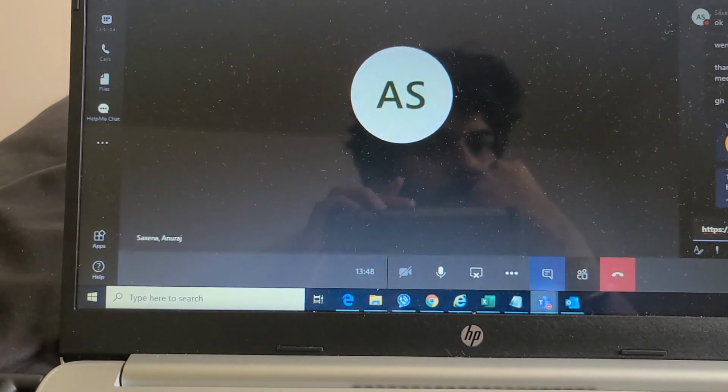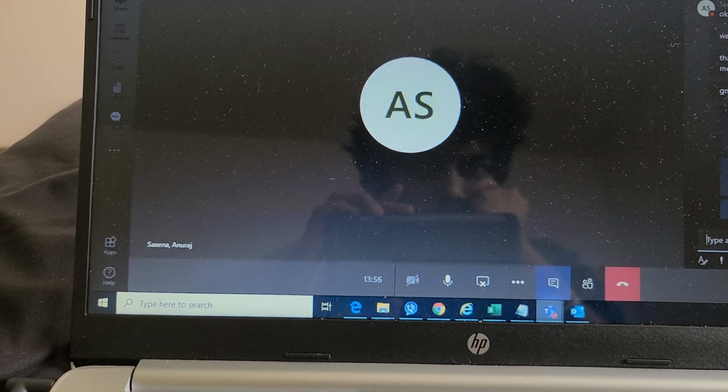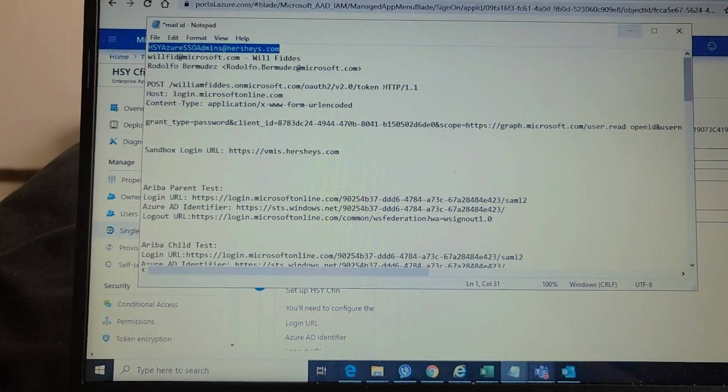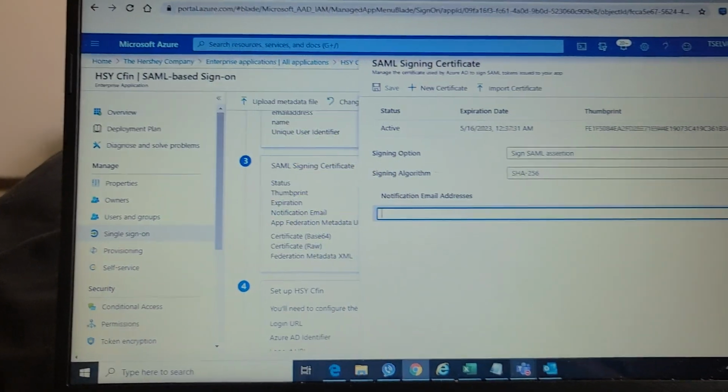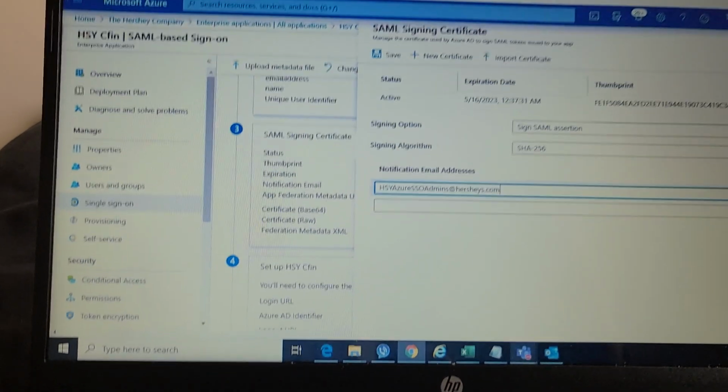This is the production environment sign-on URL for Safen. So copy that, paste it here, and click on save.